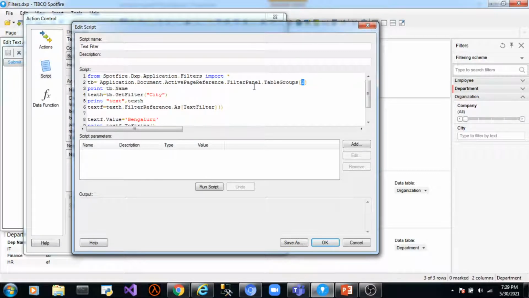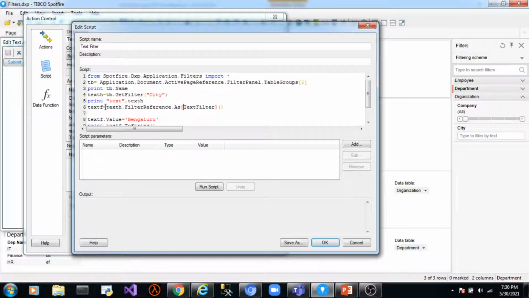Application.document.page, the filter pane, and then table group. This is the table group, the third table group, organization. Now table group dot get filter, and you pass the city filter name, which returns the handle to this city text filter.